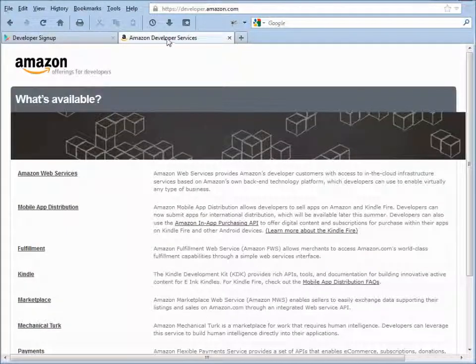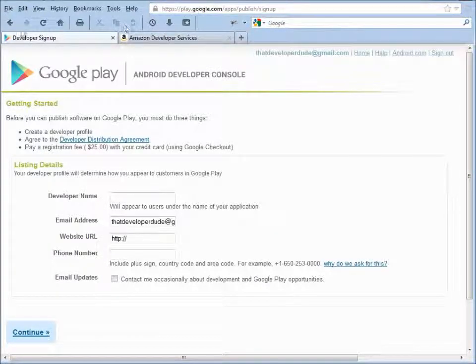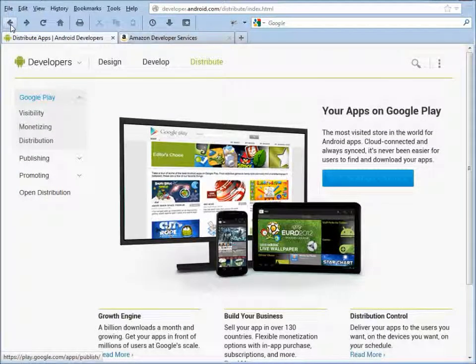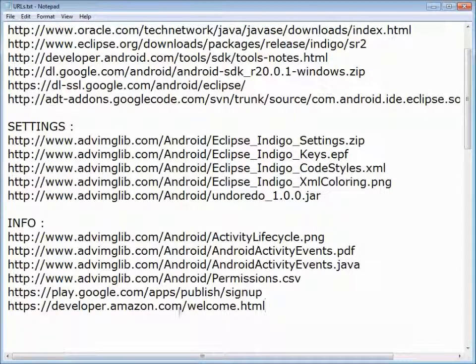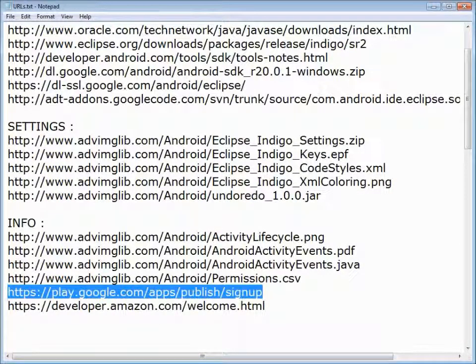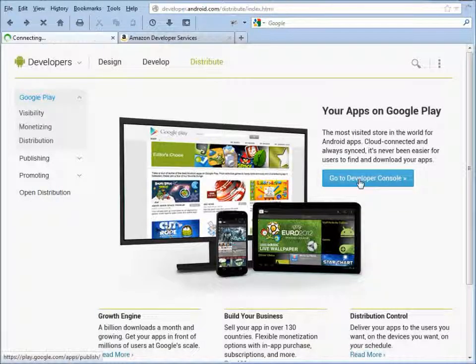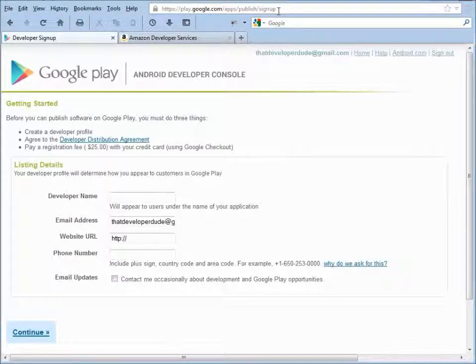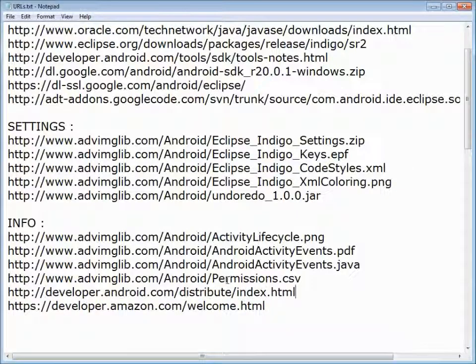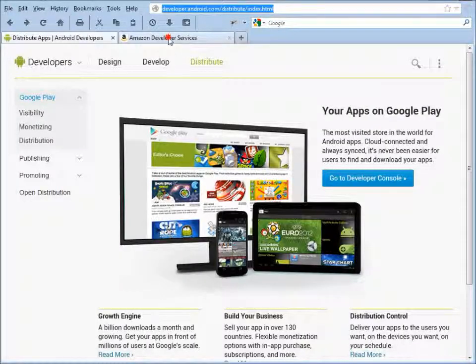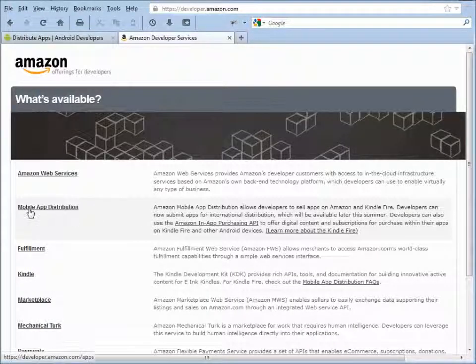So the same thing goes for, oh, and I will put the URL for this developer console out here, my URLs. Publish. Do you want to keep that one, or yeah, I guess that's cool. I'll do this one. There. And then the Amazon version, you go to here and you select mobile app distribution,